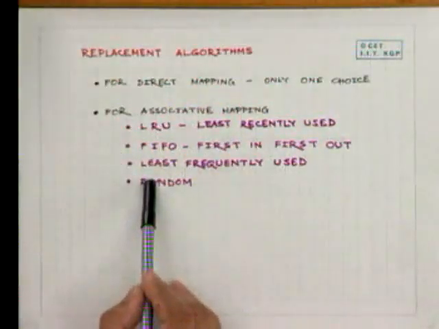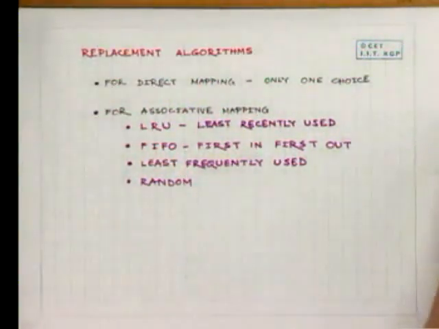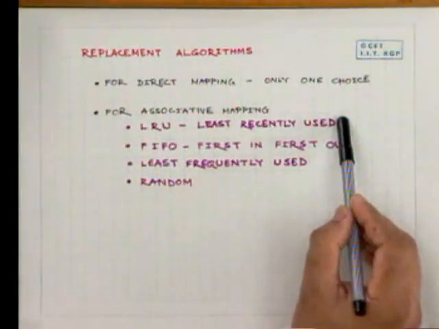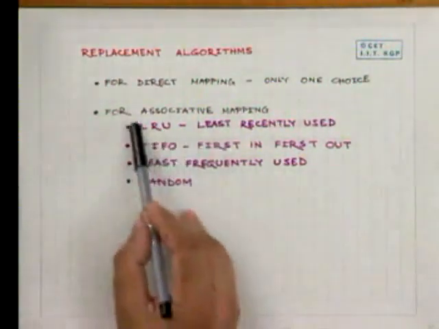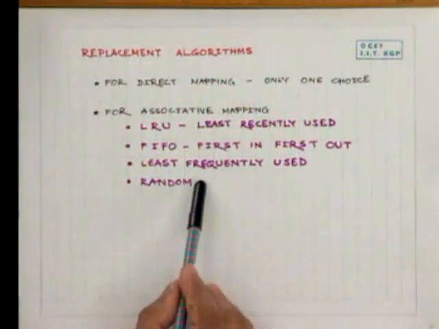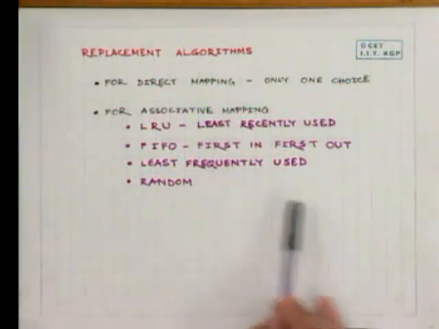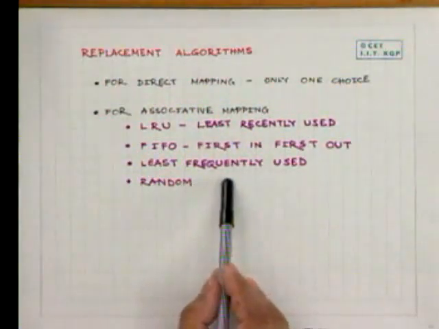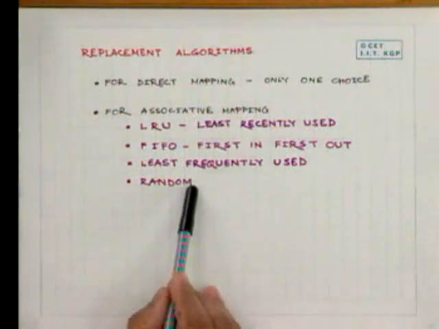Therefore, amongst these algorithms, which are based on the use of a particular line of cache, least recently used is possibly more frequently used, and the algorithm that is based on random selection, which does not depend upon the use of a particular line, is also sometimes used. That means you just choose a line at random, throw out the content of it, and put the content